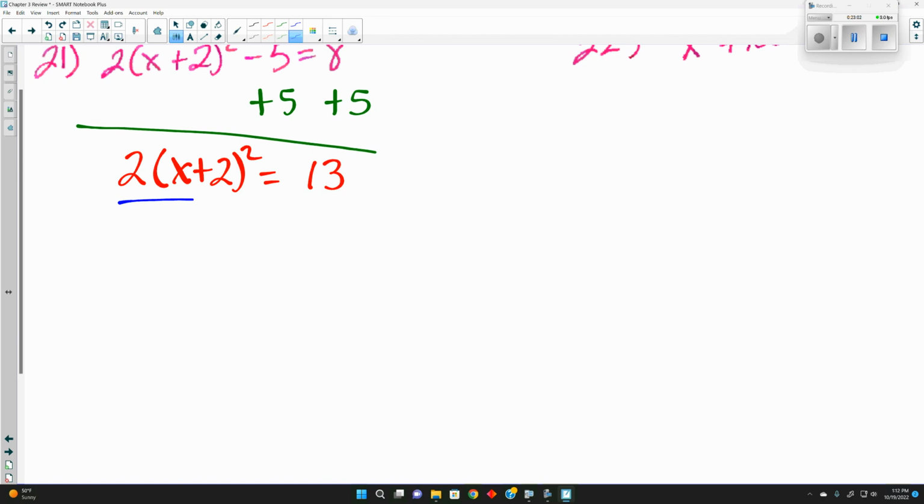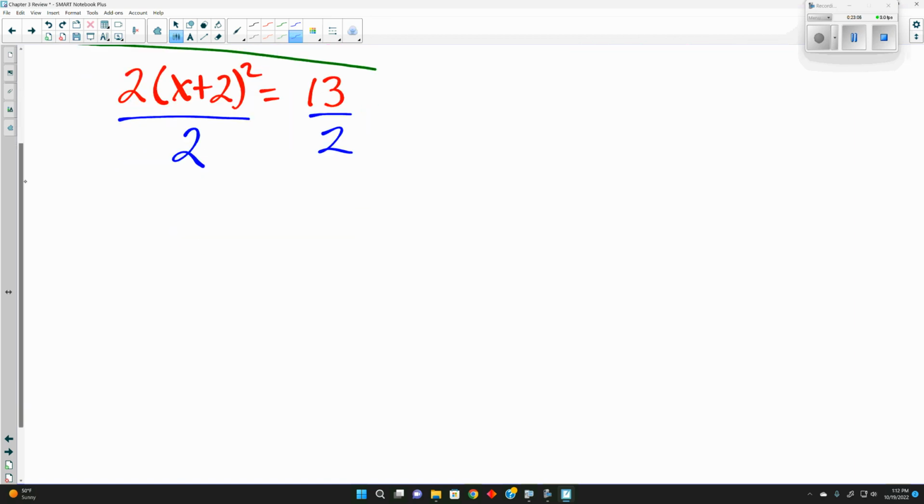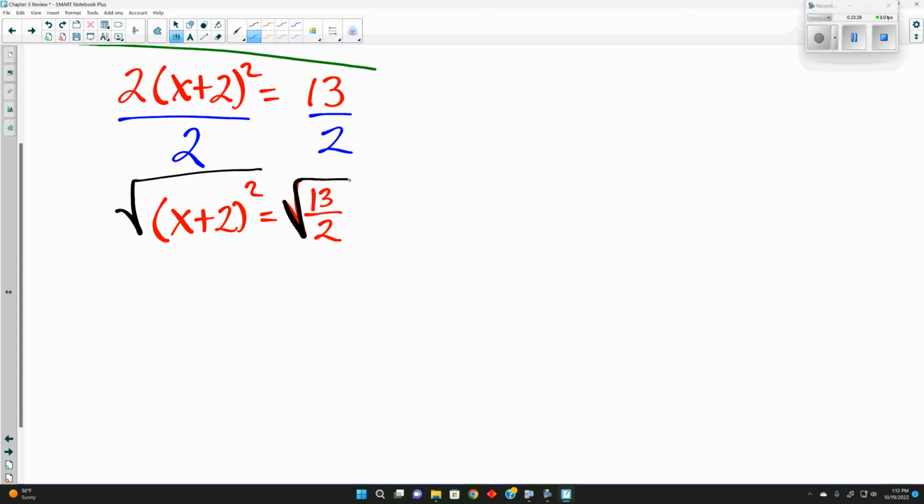Now, we still need to get the set of parentheses squared by itself, so we're going to divide both sides by 2, which will tell us that x plus 2 squared is equal to 13 halves. And we leave it as this, because since it doesn't divide nicely, I'm going to leave it as 13 halves. Now we're going to square root both sides, because here the square root and square would cancel, telling us that we have x plus 2 is equal to